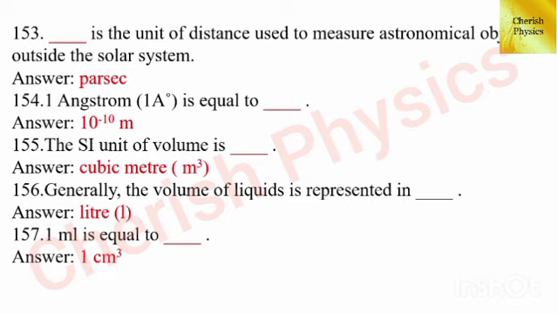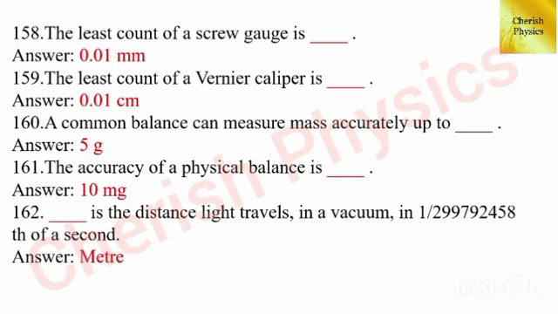The SI unit of volume is cubic meter, that is meter cube. Generally, the volume of liquids is represented in liter. 1 milliliter is equal to 1 cubic centimeter, that is 1 centimeter cube. The least count of a screw gauge is 0.01 millimeter. The least count of a vernier caliper is